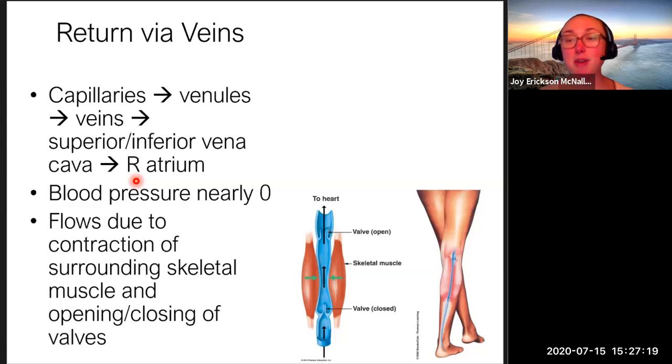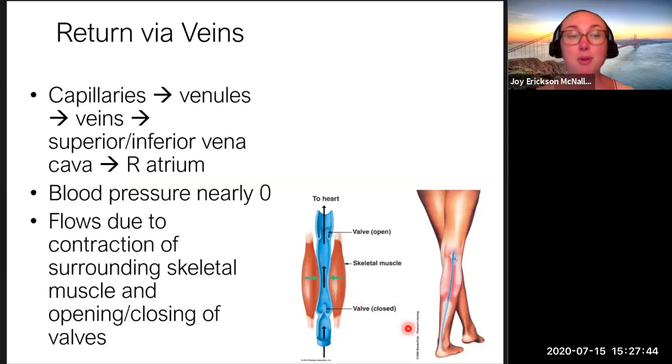So again, skeletal muscles are the ones that help you voluntarily move your body. Luckily, we don't have to think about our heart pumping, right? That's cardiac muscle. That happens without us thinking about it, right? But skeletal muscle is the one where I think, oh, I'm going to move my finger, right? That's skeletal muscle. You have to think about moving that, right? So skeletal muscle contracts and allows for the flow of blood back to the heart.